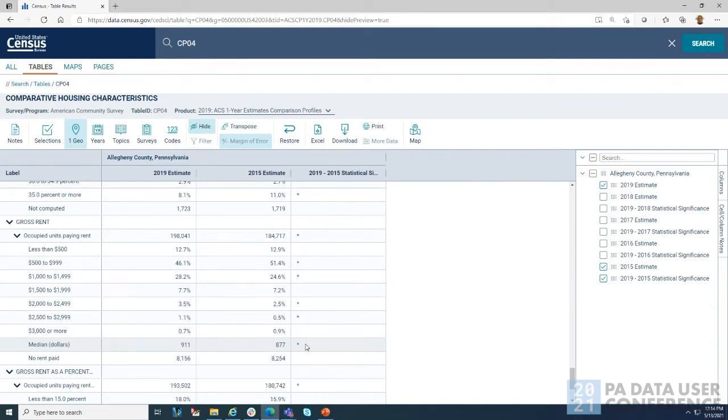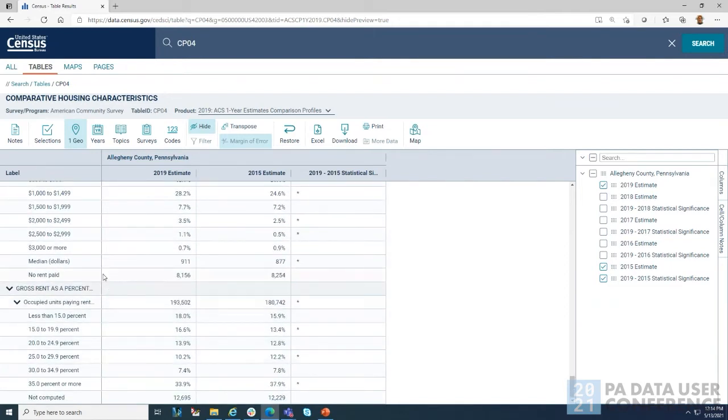There is an asterisk there, which means there's a statistical difference between those two numbers. So you can say that there has been an increase in the median gross rent in Allegheny from 2015 to 2019. That's really nice to do, and a way to do some research right here.